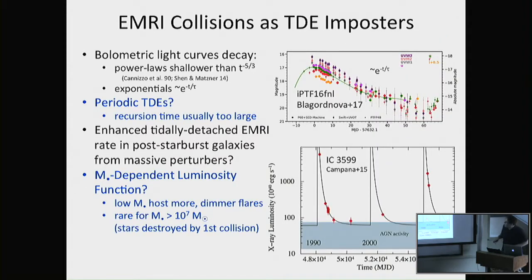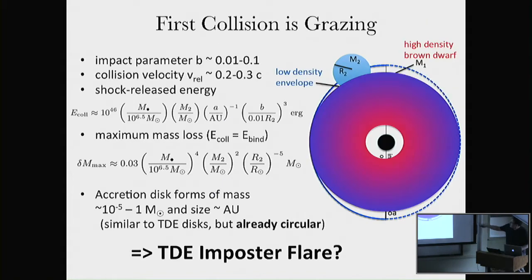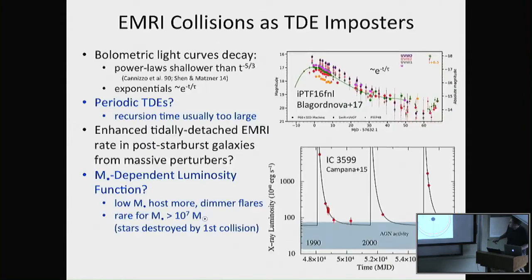So you might say, well, how could I distinguish this from a normal TDE? Well, you probably know. In a normal TDE, the mass feeding onto the black hole is dominated by the fallback rate, which decays as t to the minus 5/3. In these cases, you're forming a disk, and the accretion rate is probably more controlled by the viscous spreading of the disk, which tends to produce a power law decay, which is shallower than t to the minus 5/3.